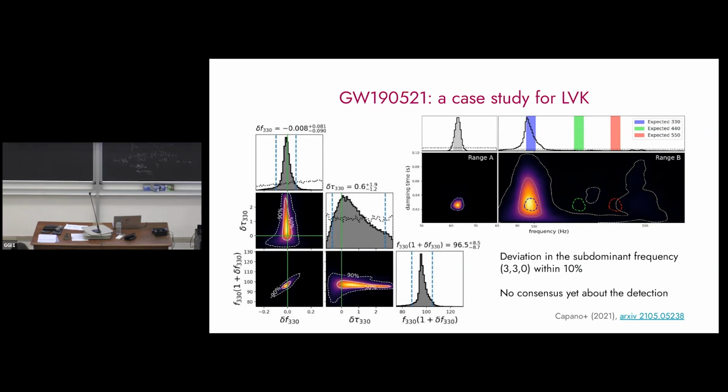The dominant one has been detected for a lot of events, and its properties have been measured, but up to now, there is no consensus on the detection of a second quasi-normal mode, which would allow you to start testing GR with black hole spectroscopy and enter the era